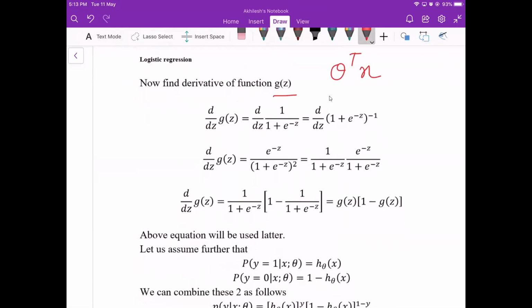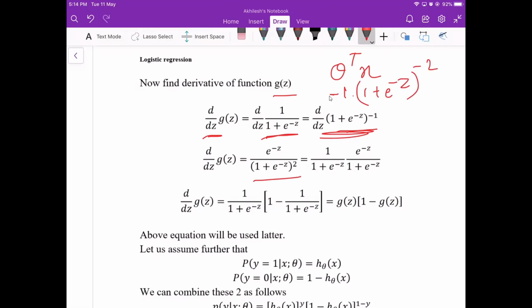Let's differentiate with respect to z. When we differentiate the sigmoid function, 1 upon 1 plus e to the power minus z, or you can write it to the power minus 1, a simple differentiation gives minus 1 times (1 plus e to the power minus z) to the power minus 2,